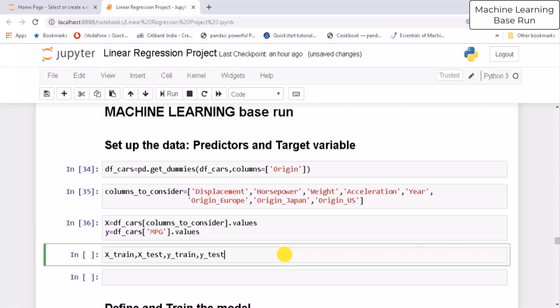So we are dividing X into train and test, and y into train and test, defining all the variables at a time. Now equal to train_test_split, round bracket, X comma y comma test_size equal to 0.2,